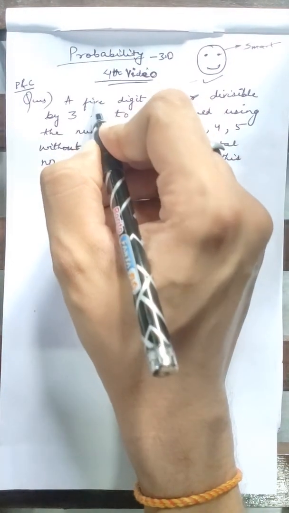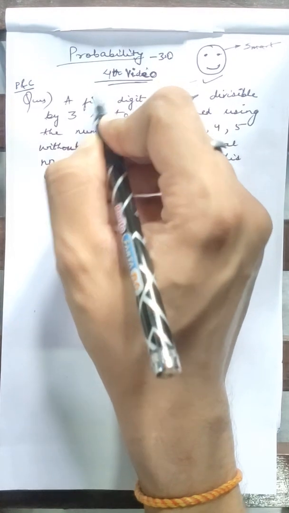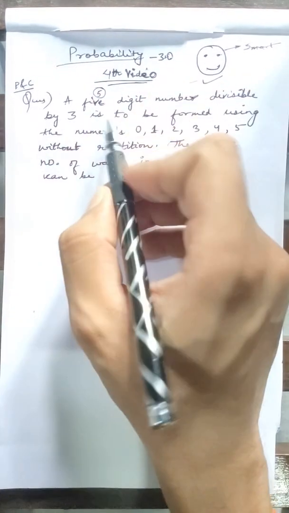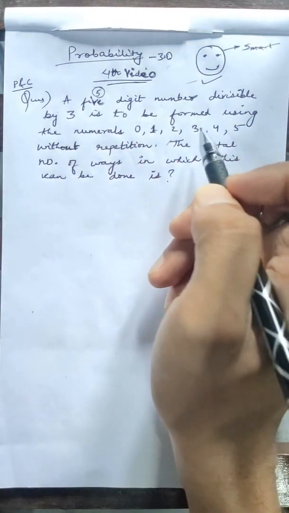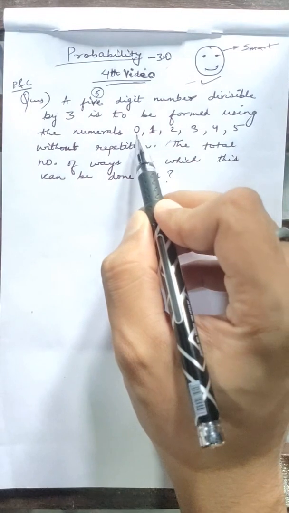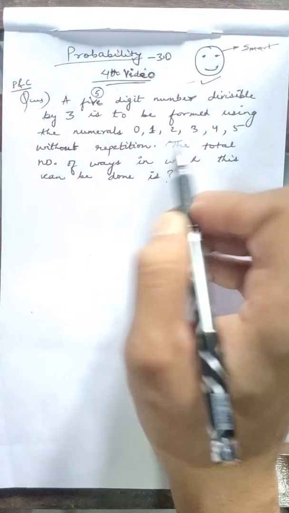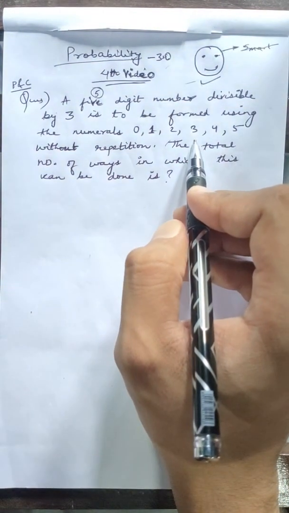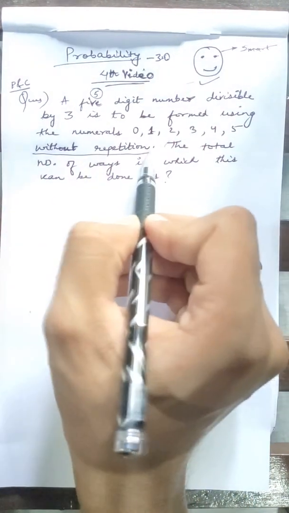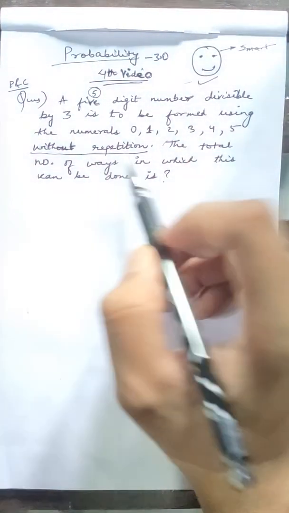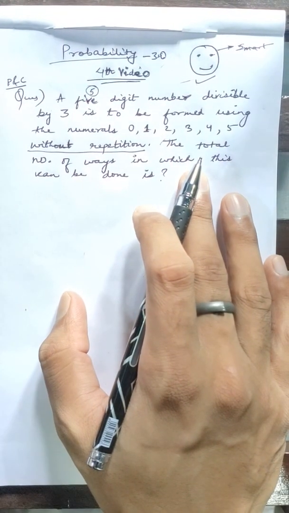So this is question 5. A 5-digit number divisible by 3 is to be formed using the numerals 0, 1, 2, 3, 4, 5. So these are six numerals we have, and we have to form 5-digit numbers divisible by 3 without repetition. So this is important, you cannot repeat the numbers. The total number of ways in which this can be done is,